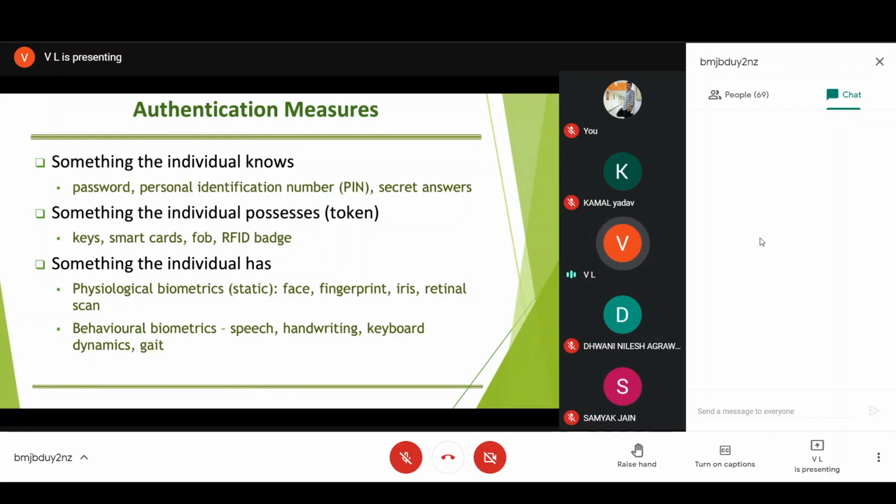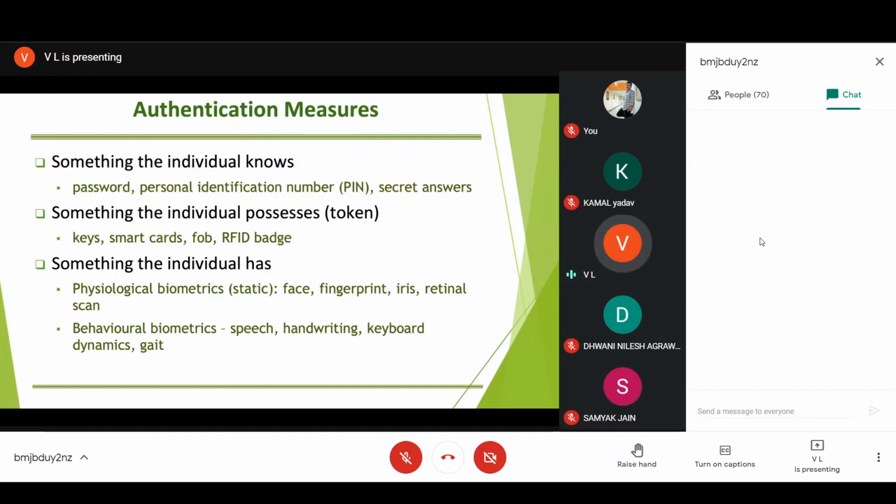Yes, we can make use of something physical. We can give something physical object to the user to prove his or her identity. So it could be an identity card. And when we talk about the digital system, it could be a lock and key arrangement. So you can open the key, then access the system which is inside the room. Or it could be a smart card, which can be used to swipe or which can be used to authenticate you, the kind of mechanism we are using in our ATM machines. It could be a fob or it could be a RFID badge.